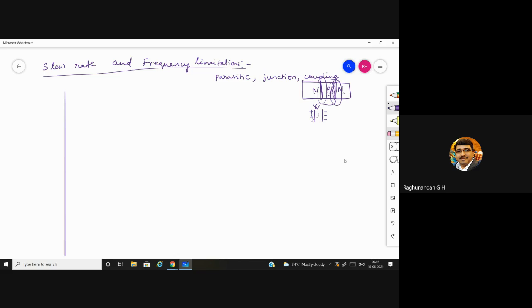It is just like the capacitor plates, where whenever the plates are moved closer to each other, the accumulation of charges over the plates increases. Whenever they move away from each other, the accumulation of charges decreases. So this capacitive behavior is even observed in a PN junction. As you know, an NPN can be replaced by two diodes. So wherever you have a junction, a capacitor will be present. This is the proof for that.